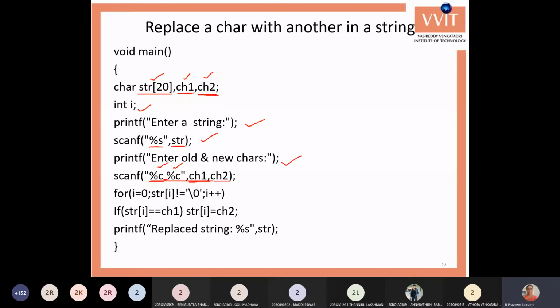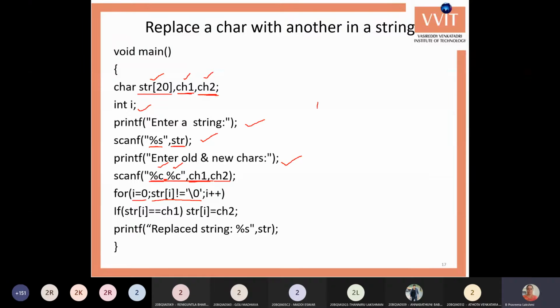For i equals 0, str of i not equal to the null character. That is, we repeat the loop from the 0th character to the end of the string. Each and every string ends with a null character.